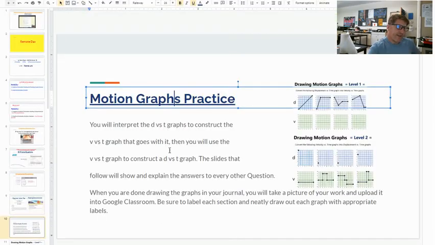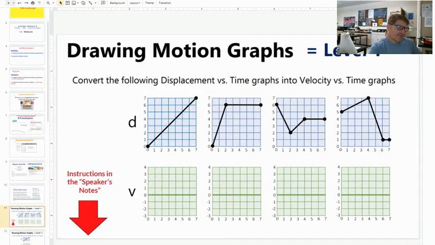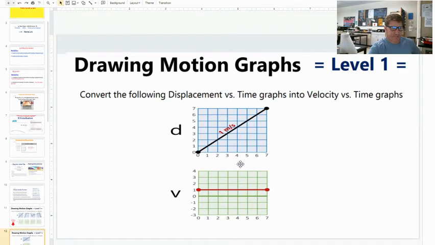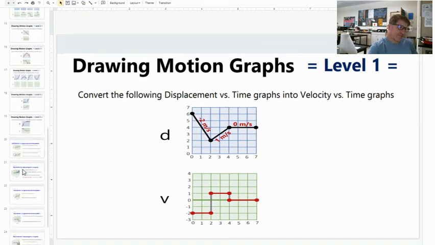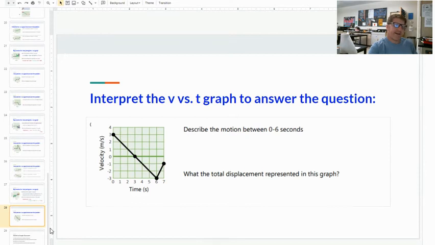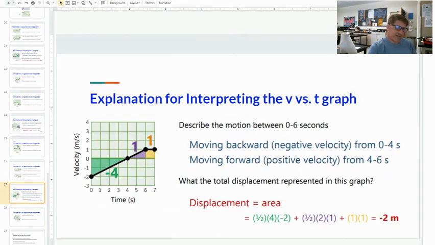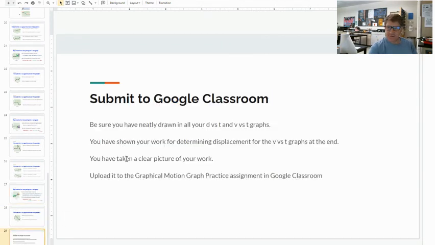Okay, and then so again, every other question, so if I click down here, you're given the answer to the first one, you can see it visually, and then it's explained to you in the speaker notes. Then it asks you another one, and again, in the speaker notes, you are given the answer of how to find the answer to the visual that you're given. And it does that for every other one. So you'll just scroll all the way down through, doing every other question on your own, but then you can follow along with the answers as it fills it in for you and it explains it in the speaker notes for you. Okay, it tells you at the bottom here to submit that to Google Classroom,